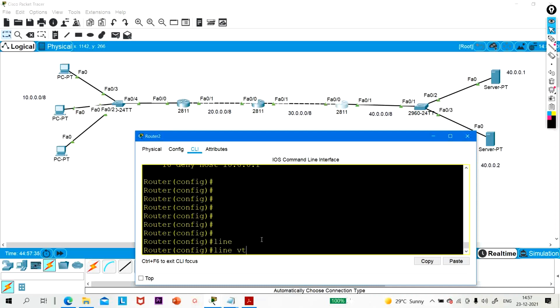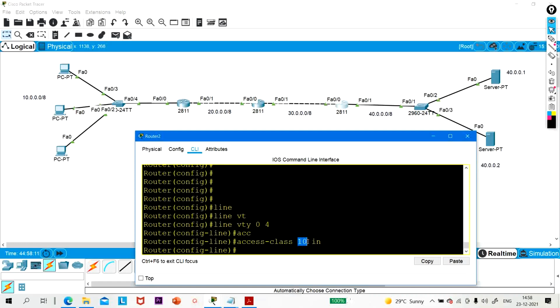Right now we need to go to line VTY 0 4 and run one command: access-class 10 in. What is the meaning of this command, guys? Whenever any device wants to access Telnet line VTY 0 4, this router will check the ACL, right?